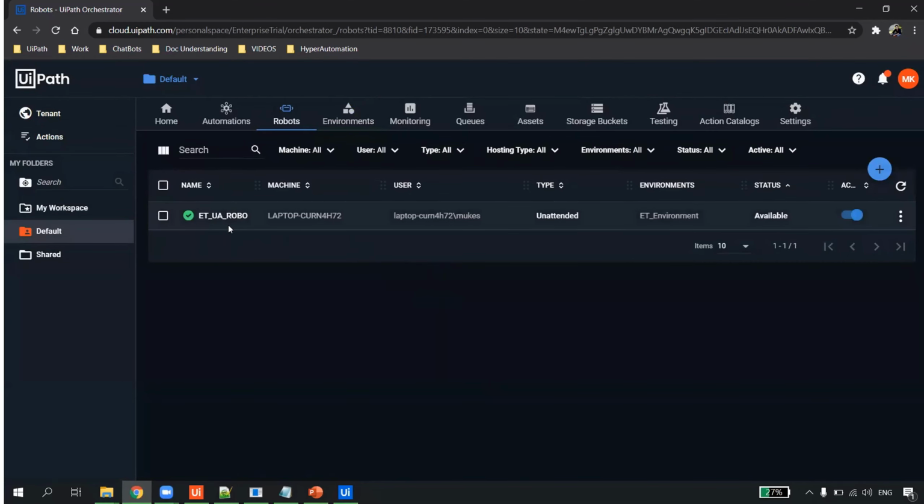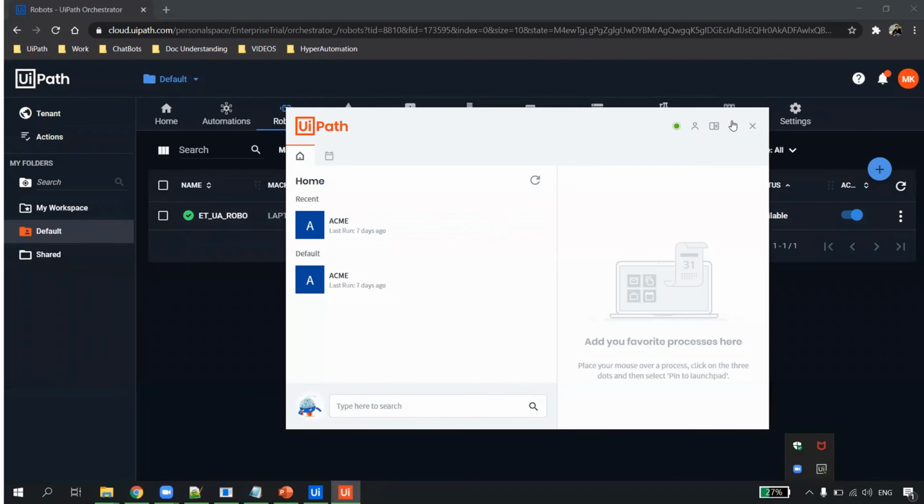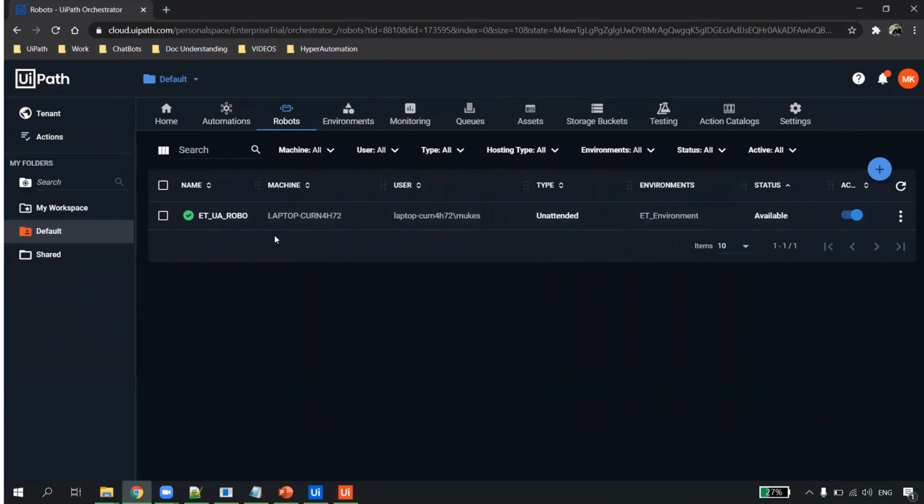As of now, this is already connected to my robot. When I say robot, I have passed the machine key for this robot to the UiPath assistant, right? This guy. So whenever I run any automation from orchestrator and I point it to this, it will run on this laptop. As simple as that.